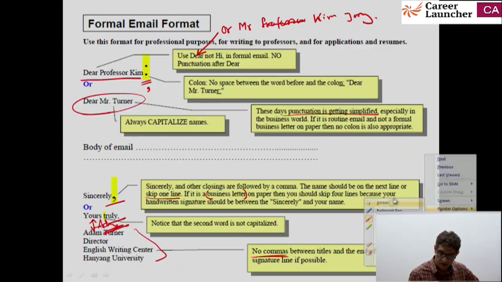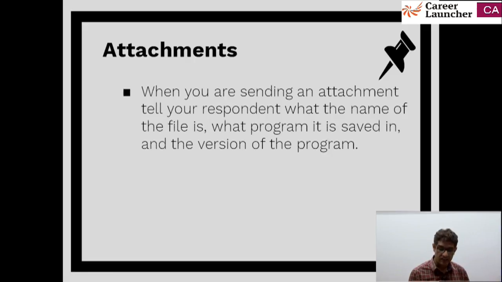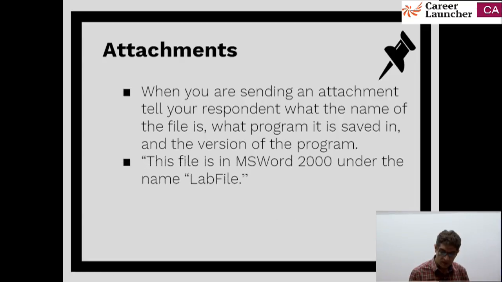So, that's a typical format that one can follow while writing emails. Then your email may also have some attachments. In case you're using any attachment for business emails, it is a good idea to write attachments, and then specifically mention the name of the file and the program or the software that the file was built in. There are times that we use some specialized software. This point becomes very critical here.